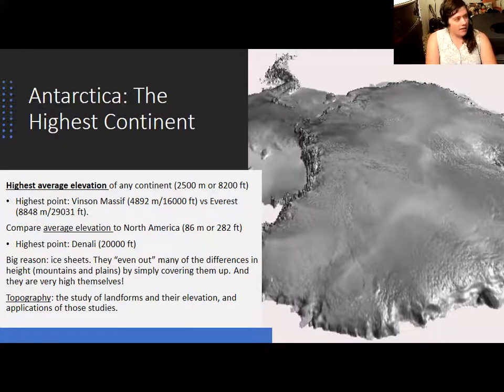you end up with a much higher elevation than any other continent because there aren't really any lowlands that you would get in Asia. Asia has the world's highest point, Mount Everest, but Asia also has the Bengal Delta and the Dead Sea, coastal areas of China, low-lying islands that cancel that out significantly. Asia is still a high continent, but it's much more varied than Antarctica, and that lowers the average elevation.